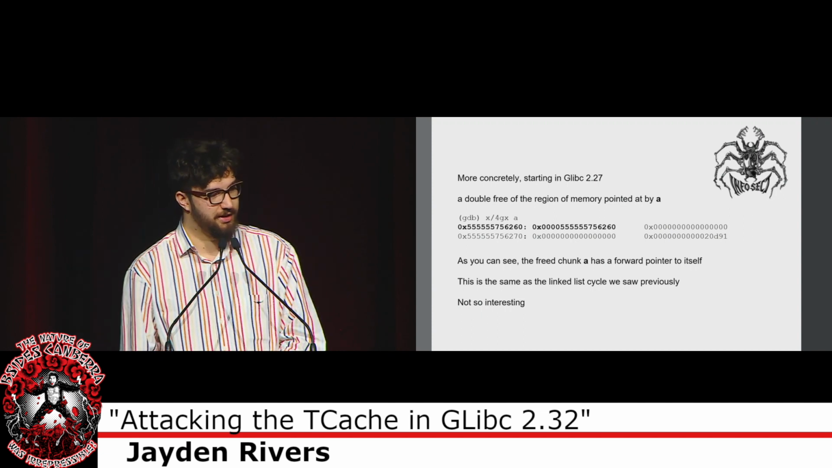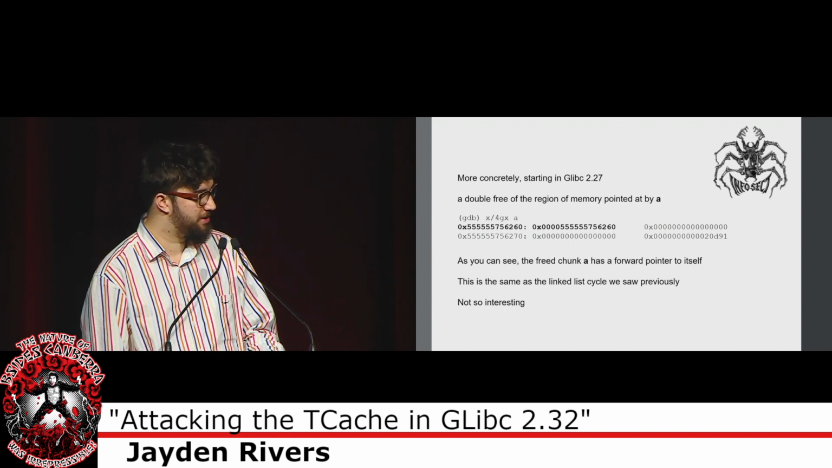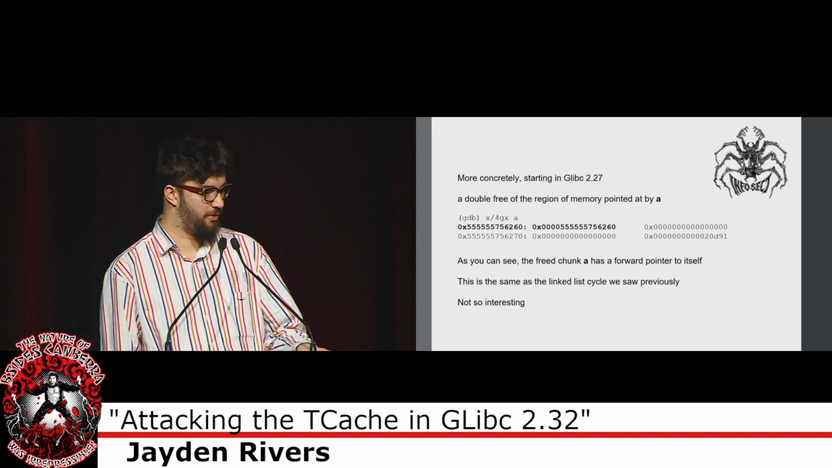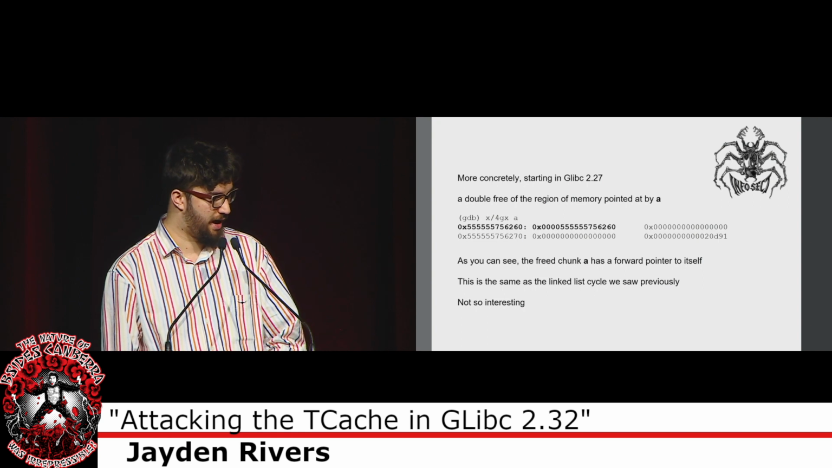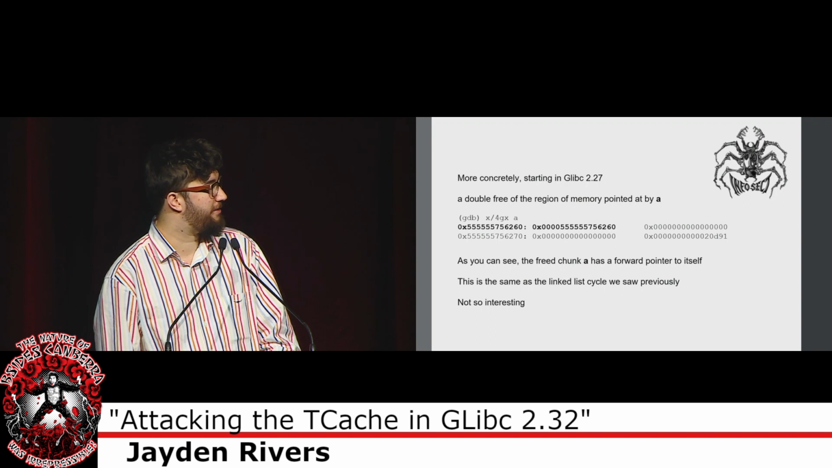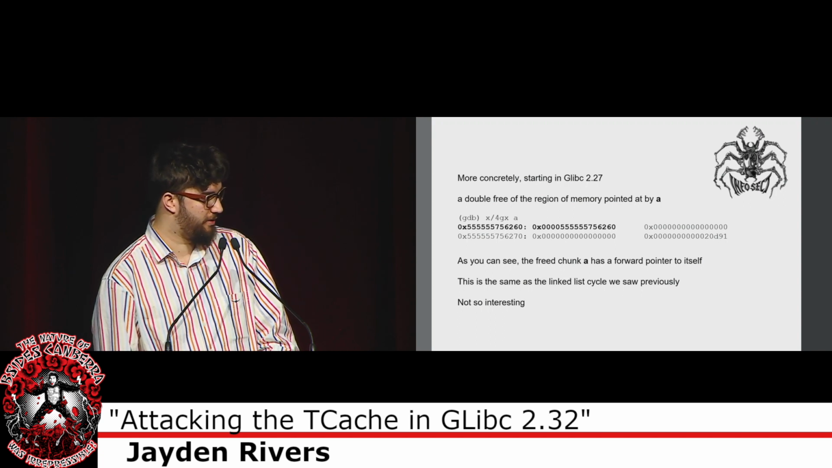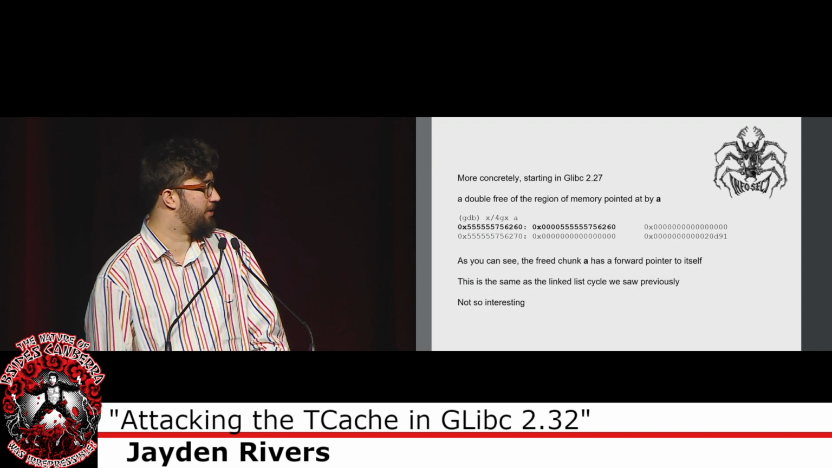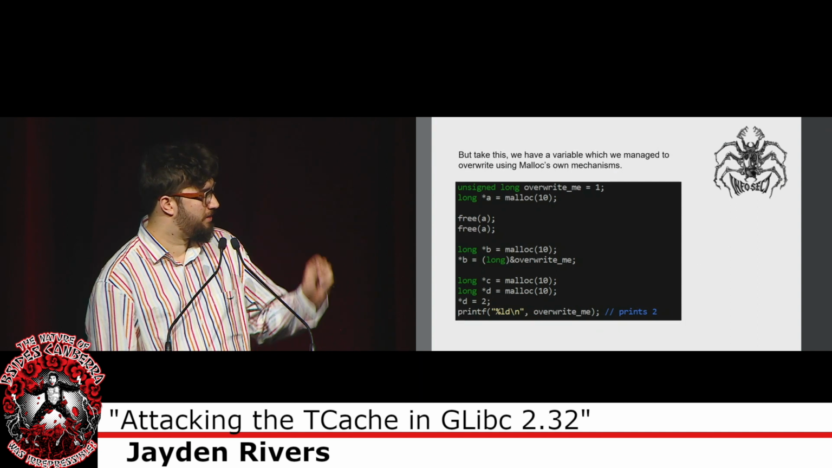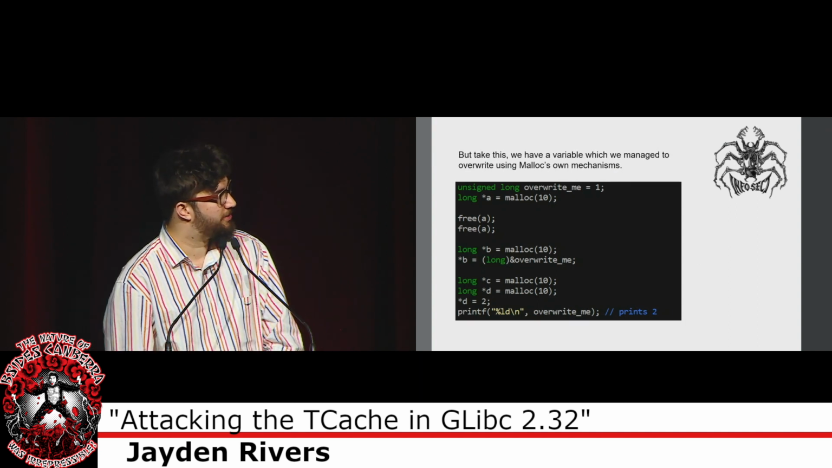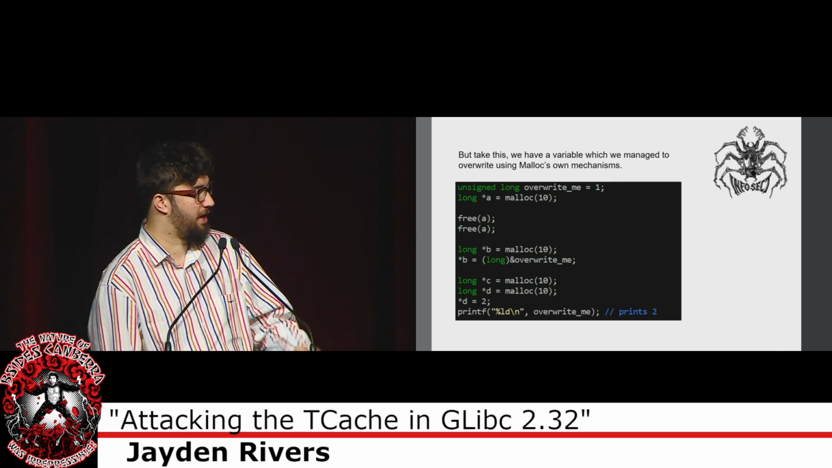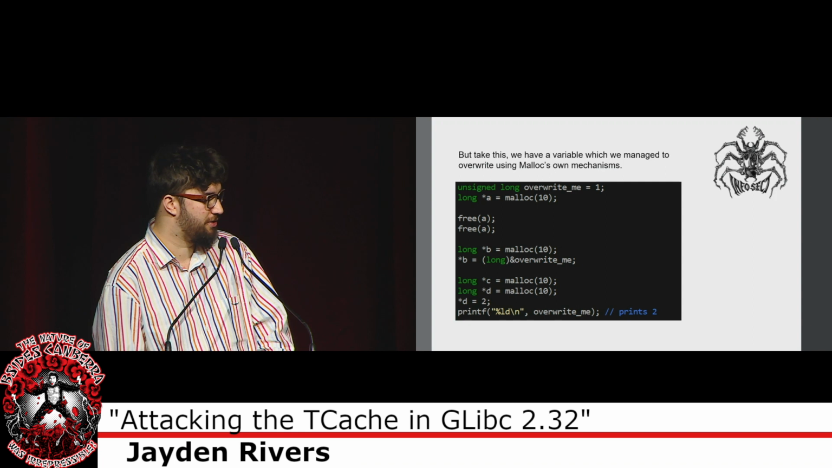So more concretely, so that we don't have to keep looking at those diagrams, starting in GLibc 2.27, a double free of the region of memory pointed at by A. As you can see here, once we free A or double free A, it's going to have a forward pointer back to itself. That's the same thing as the linked list cycle which we saw previously, but it's not really that interesting just like this. But if we take this, we have a variable called overwrite me, and this is obviously just a contrived example,